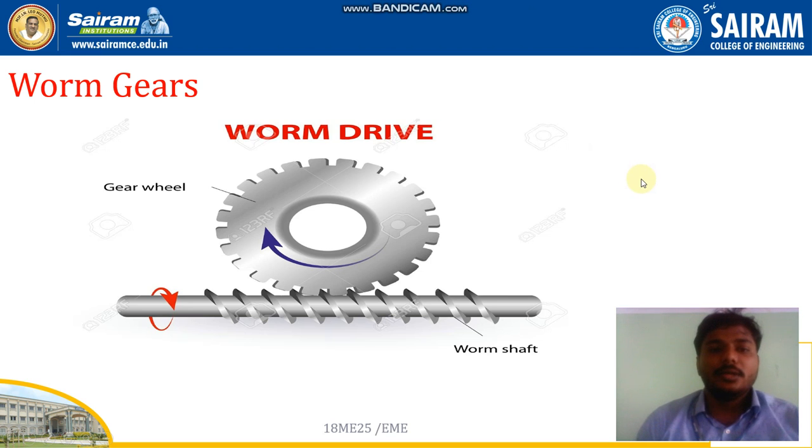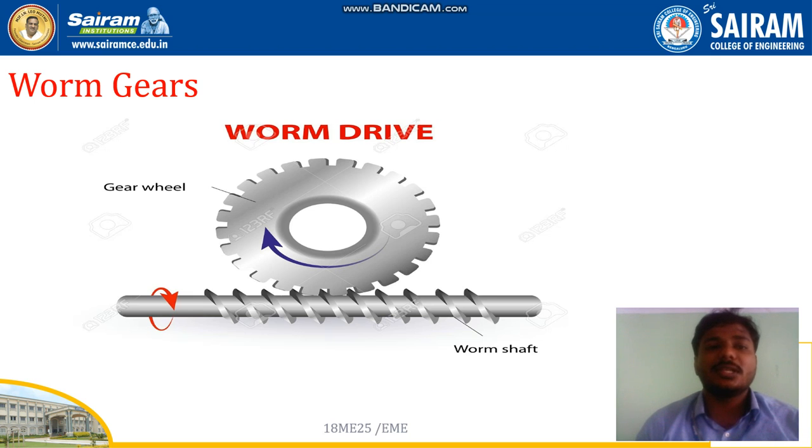So welcome back. In the last topic we were discussing gears, that is, we have discussed the spur gears. The main use of spur gears is to transmit power or motion in parallel shafts only. Then we discussed the bevel gears, where a bevel gear can transmit power only for a non-intersecting axis.